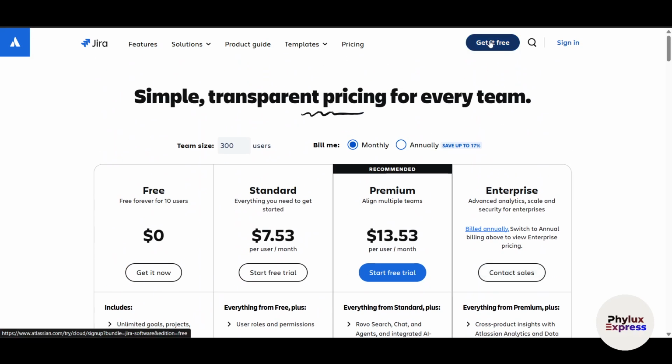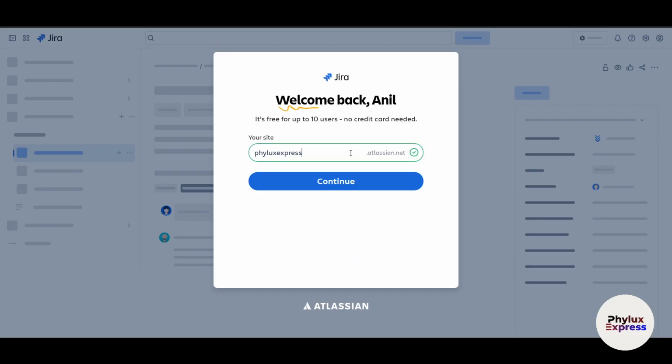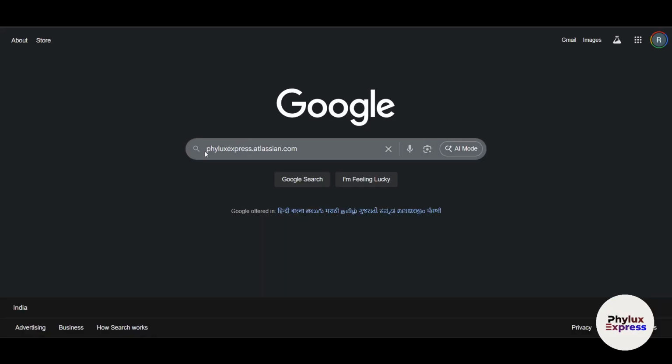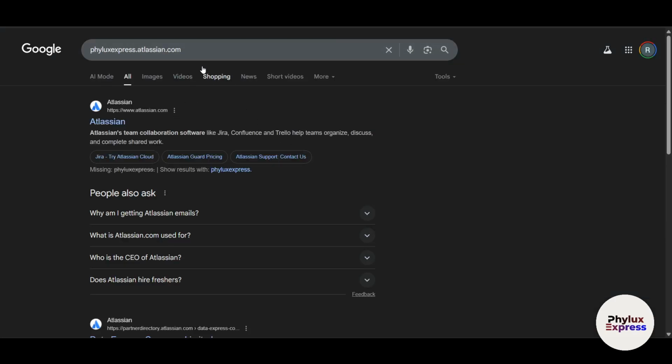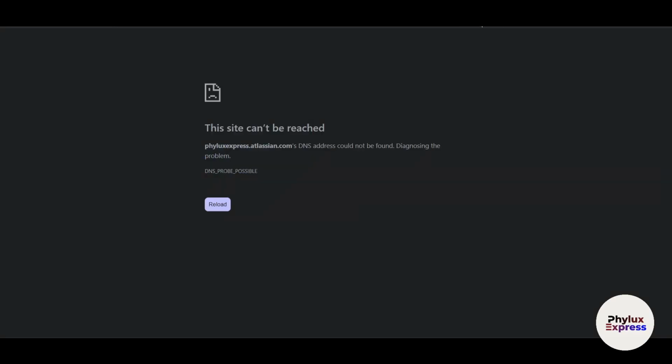Right now on the top right side corner, you can just click on get it free, and simply I'm going to use my Google account, and this is your site. So basically, if you type whatever username on Google, you write it here and click on continue. If I just go in Google and search for fileexpress.com and enter, obviously I will land up here. I just need to paste in the URL section here, and I will come up to my